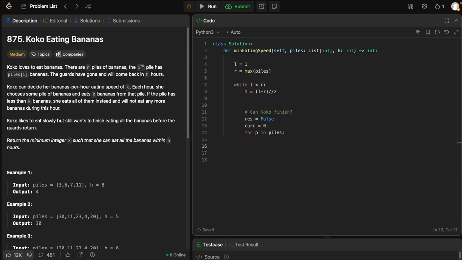So while pile is greater than 0, pile minus equal mid, and current plus equal 1. Okay. If current is greater than H,